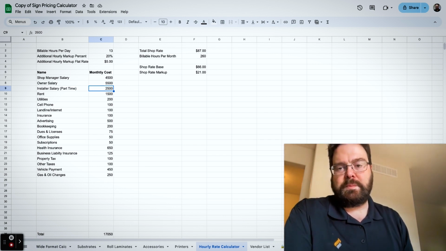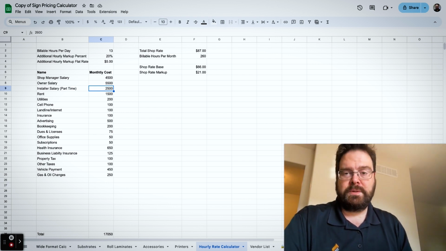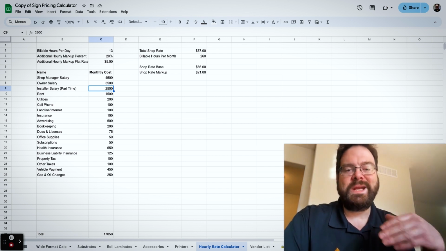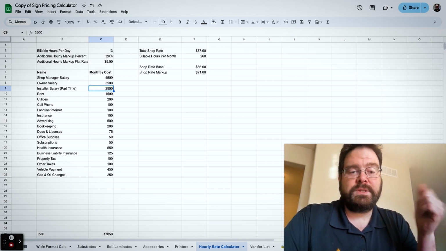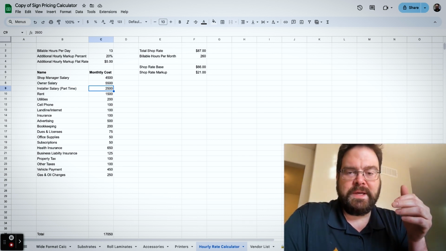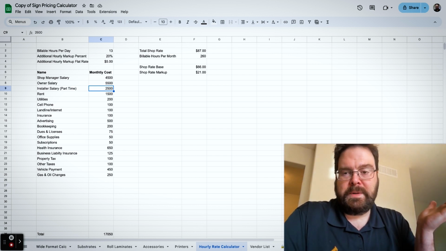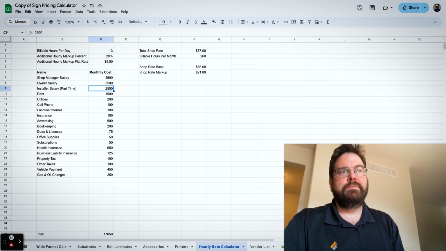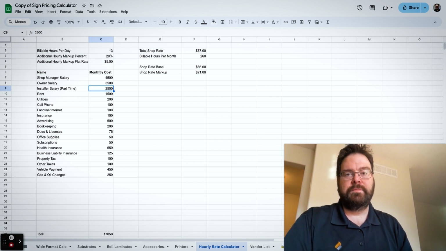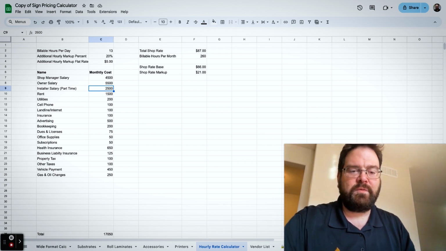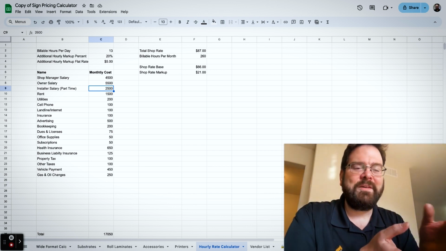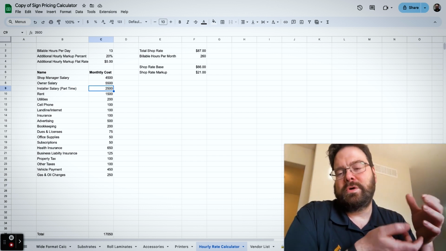And so your markup on those things might be different. Your markup on installers might be different. All the shop rates basically are for your employees, the people who you've committed to keeping busy essentially throughout the month. And so independent contractors, if you didn't have any sales coming in for that month, then you wouldn't hire your independent contractors. You wouldn't pay them anything to do the work. Yet you might go several weeks keeping your employees on payroll, even though you're not producing anything. And so that's where I draw the line between, does it go into the shop rate or is it more of, for lack of a better way to put it, independent contractors are almost on par with